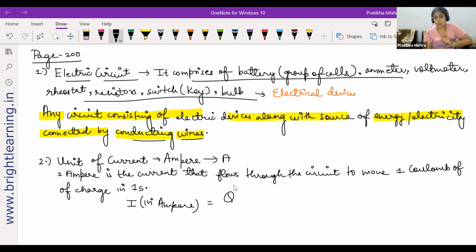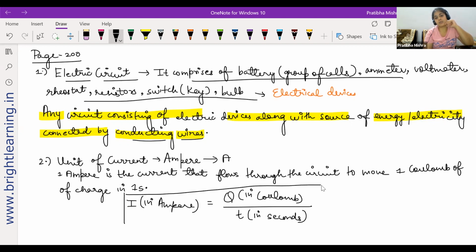Q is the charge, in coulomb. Q is the symbol of charge. Charges are positive, negative, and neutral. We are talking about electrons, so it will be negative charge. That's okay, no problem. So Q divided by time T in seconds. This is how you need to define it to make sure that you do not lose even a single mark. Since they asked only about ampere, it's fine to write only ampere, but it'll be good to define it.